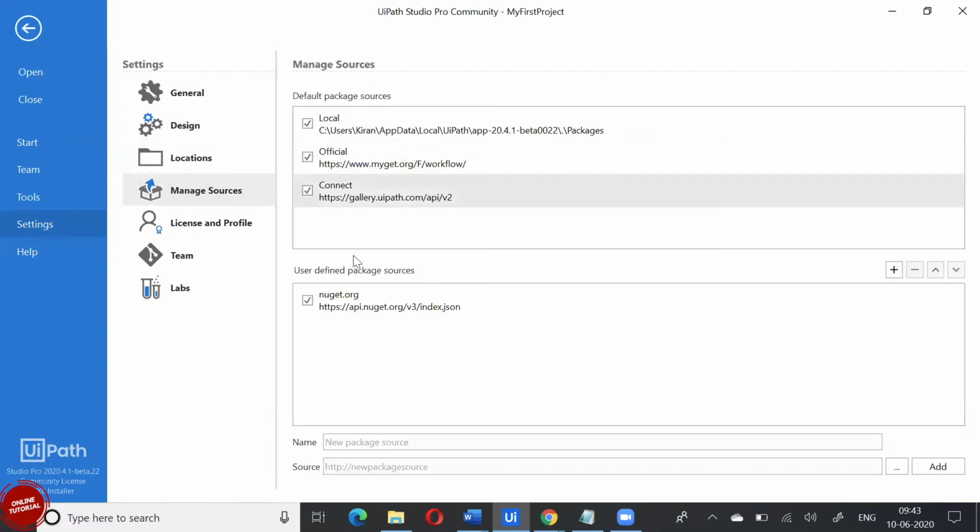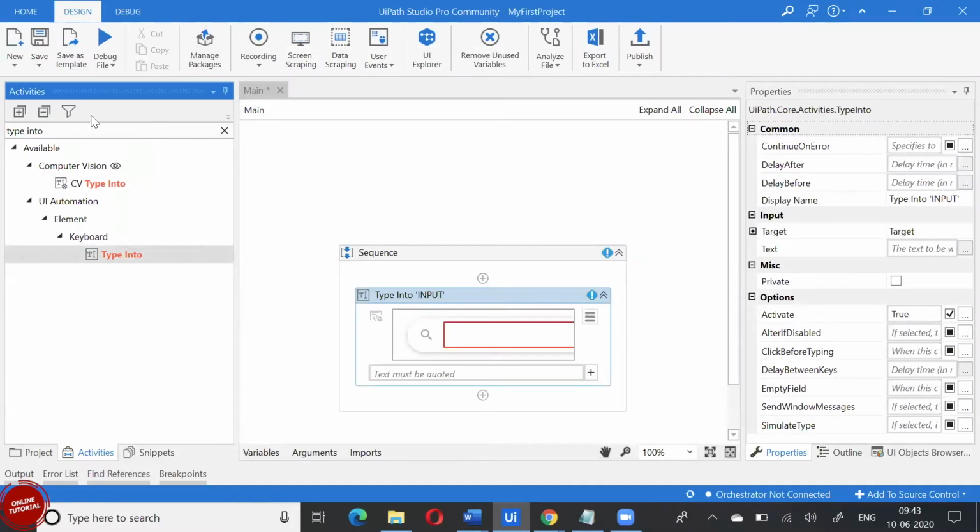And then this is what your manage packages is. These manage package paths are given by default by UiPath. What it does is, these are all global libraries. Across the globe, everybody can access these, what we call a common library. A library is nothing but where you get all these activities from, what you see on the screen in my activities section. Using these activities, we're going to design.